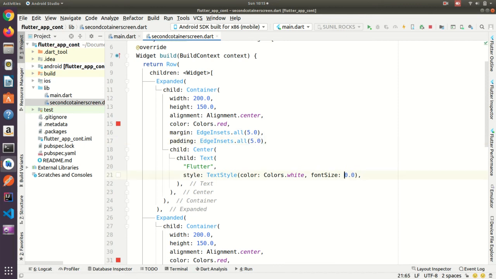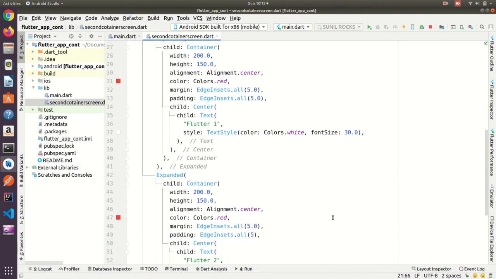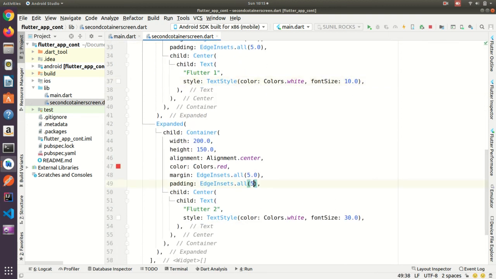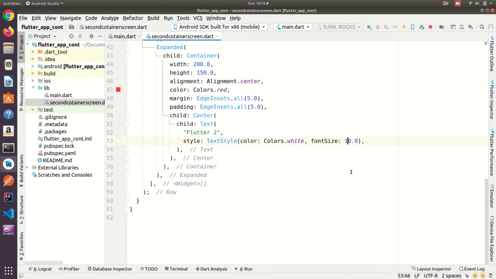The text size you can also reduce to 10, 10, here in the third view also.